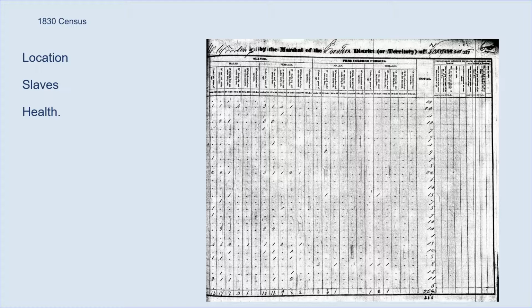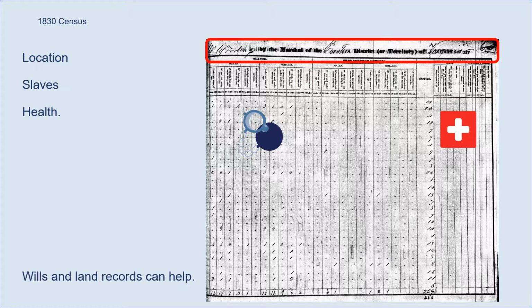This is an image of the second page. It gives more information about the location. It also asks questions about slaves and health. The 1830 and 1840 censuses used the same age ranges. Using the 1830 census with other records like census records, wills, and land records, we can verify information on our